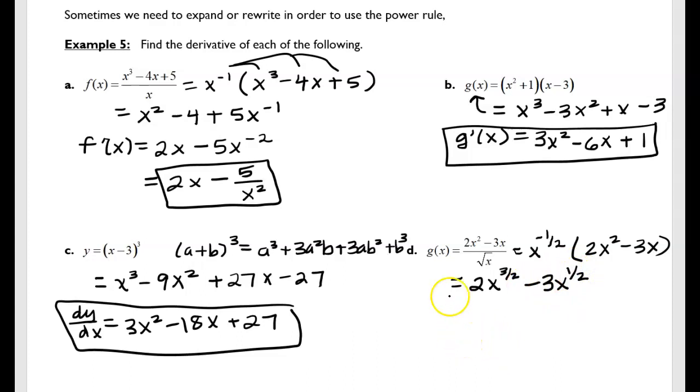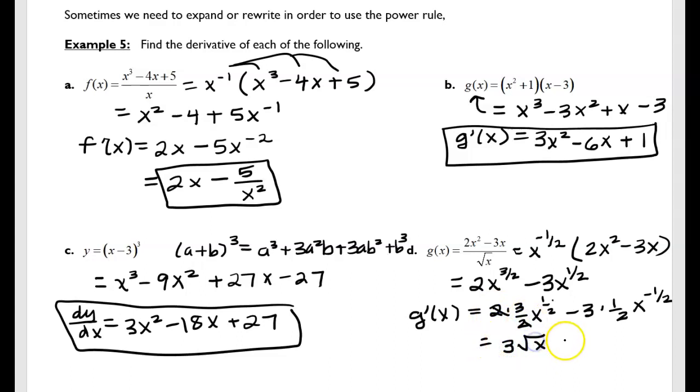That is still just my g of x. I still need to find the derivative. So I'm going to say g prime of x, my derivative, is equal to 2 times 3/2 x to the negative, or sorry, to the positive 1/2. And then minus 3 times 1/2 x to the minus 1/2. So to simplify that, these 2's cancel out, so I have 3 square root of x minus 3 over 2